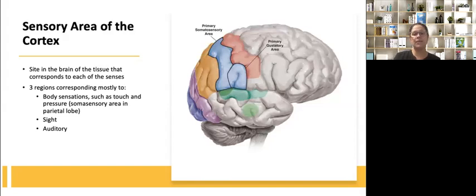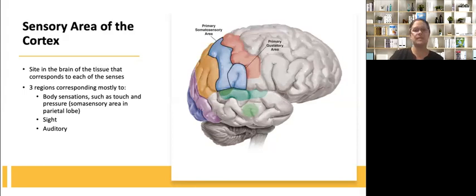Okay, so for example, our fingers are the most sensitive to touch. If you think about all the nerve endings that are in your fingers and on your hands, therefore they're related to a larger part of the sensory area. Or, in other words, there's more tissue associated with those areas of the body